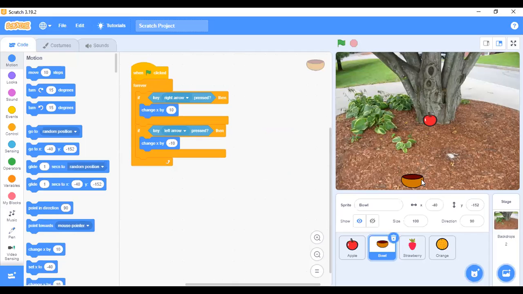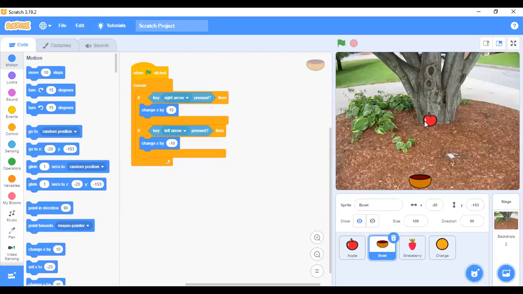For now, watch what. When I click on the flag here, the ball is moving towards the right. If I click on the left arrow, it's moving towards the left. So that's how to code this and this together. Can you see it moving? So that's for the ball. This is the code for the ball. I want you to do the same thing. So let me stop it.